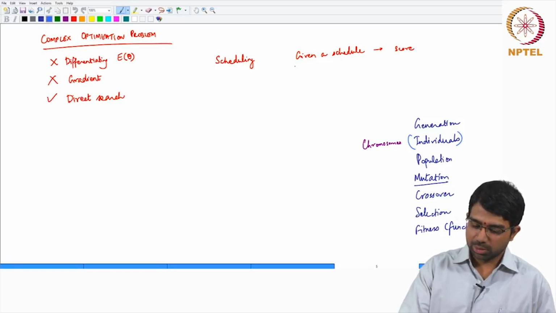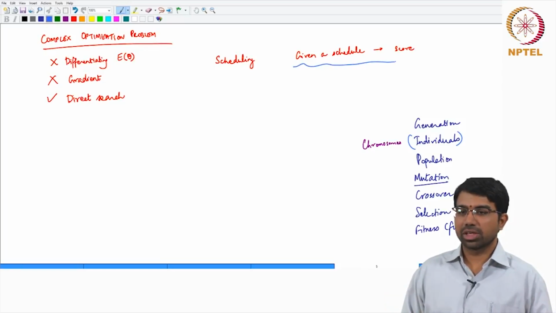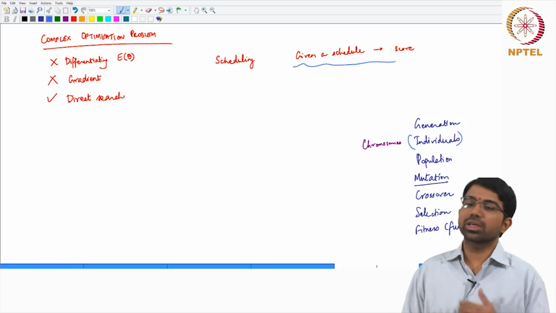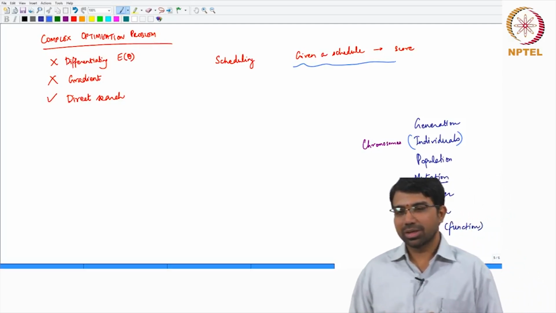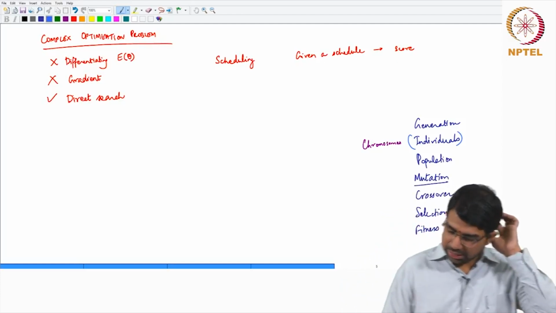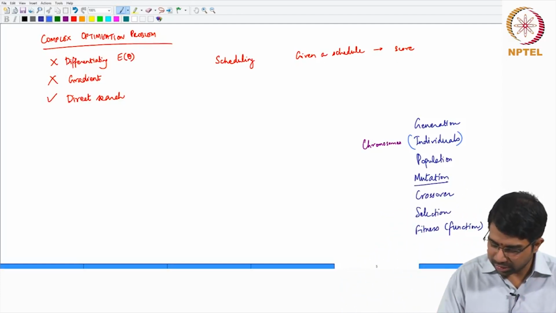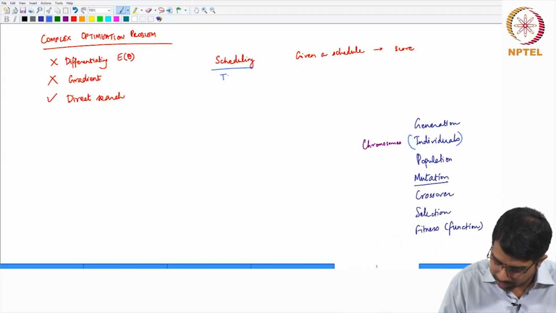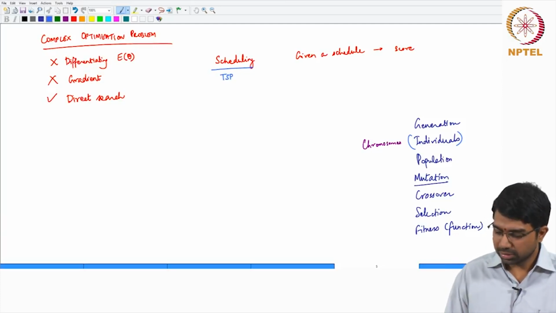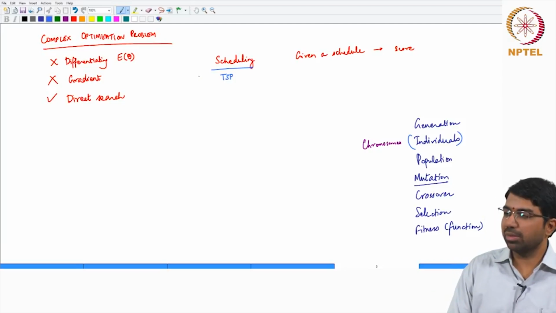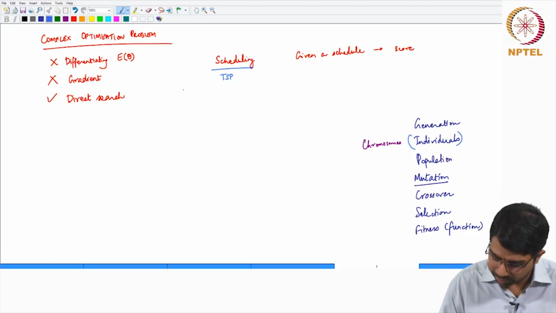Similarly, you will be given a schedule. If you have a schedule, you can compute some sort of a score. But the thing is, how do you plan your representation? This is actually the same issue that one comes across when you solve the traveling salesperson problem. So the traveling salesperson problem, or any IPL scheduling problem, is something like,